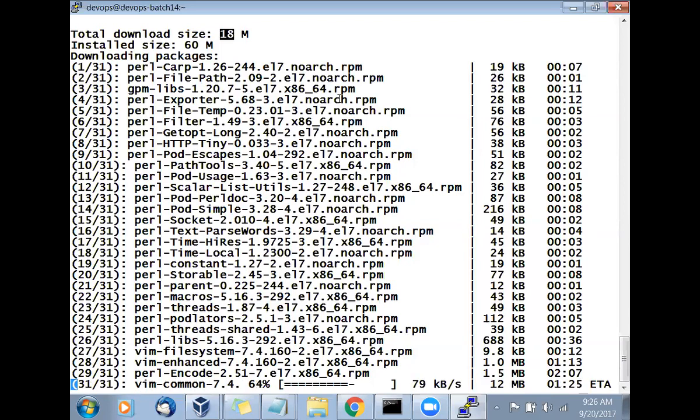You can see here it keeps changing, 30, 31, 30, 31. So it is downloading two packages simultaneously, in parallel. There are a lot of improvements in CentOS 7. They have tried to improve the speed of parallel processing. So booting time is very less, and downloading time will be very less because you are doing things in parallel.